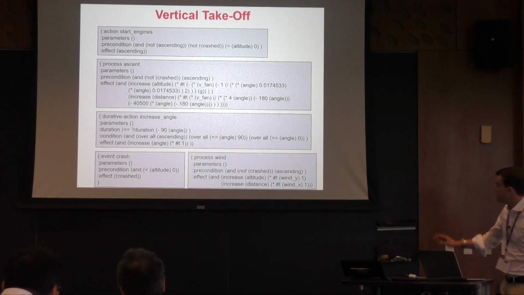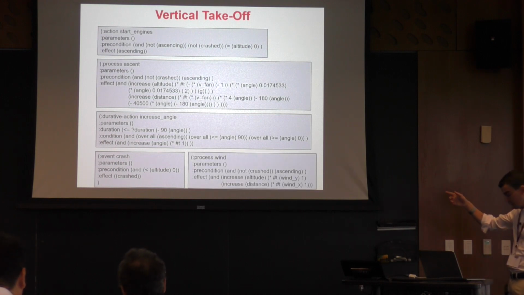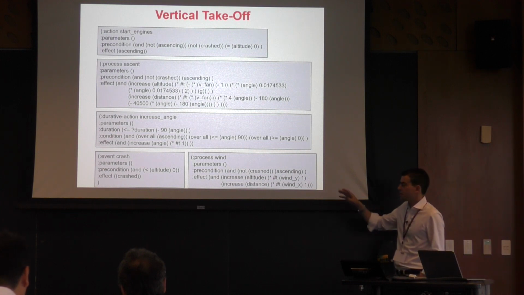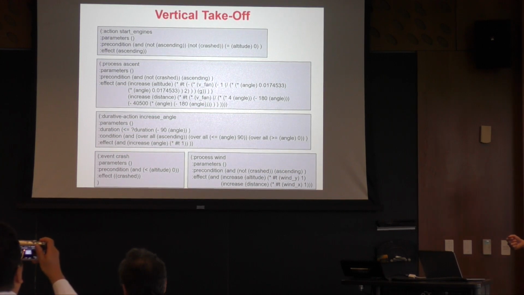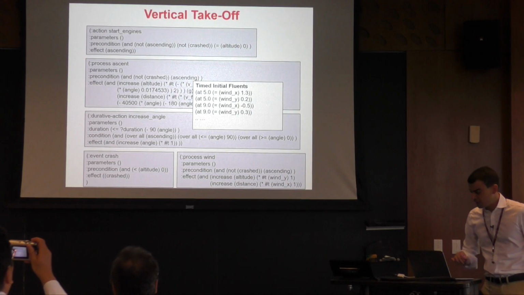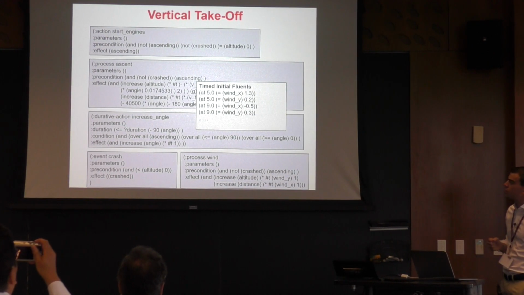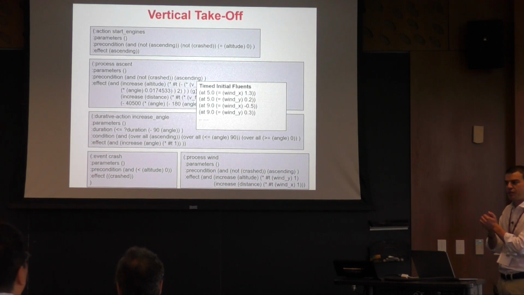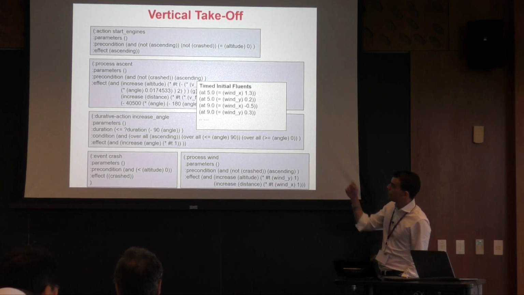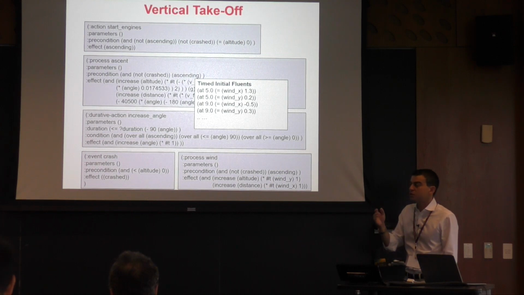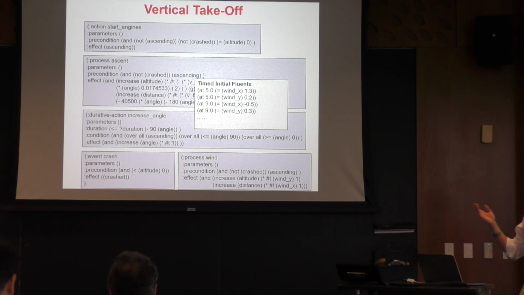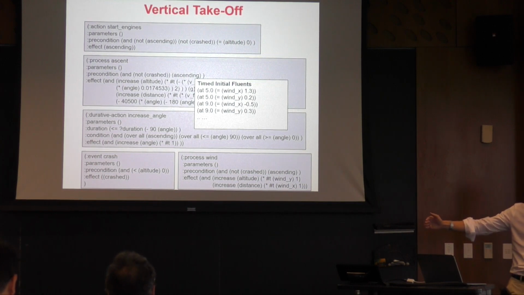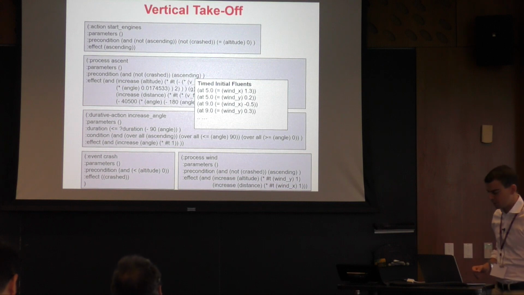And then you have, this is the interesting point, a process, wind, that clearly models the environment. Okay, this is a simplification, but can be made more realistic, and it influences the position of the aircraft. And finally, you have this timed initial literal. So timed initial literals are used in PDDL+ to model what happens over time. So here we are saying that at time 5.0, the wind in the x and y directions is given by those values. And then at time 9.0, it changes to new values. So you can use timed initial literals to describe in the initial state the prediction of what's going to happen in the future. And this can impact on your model.